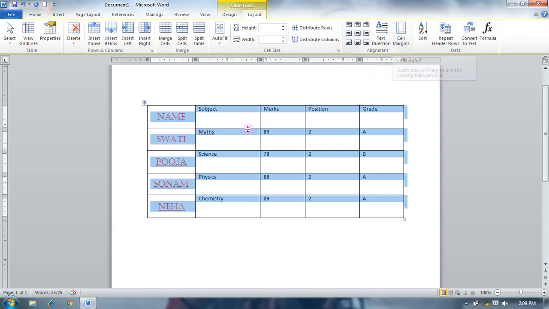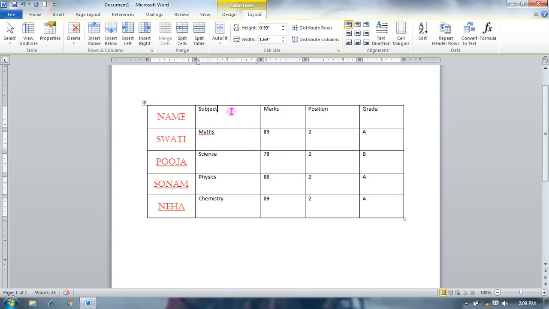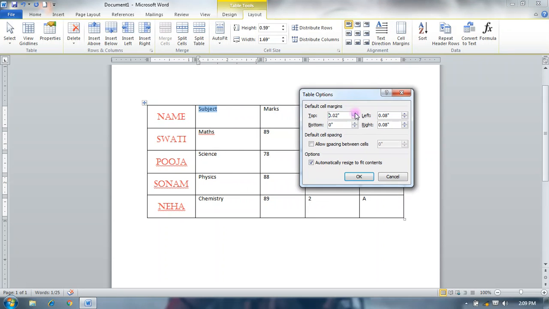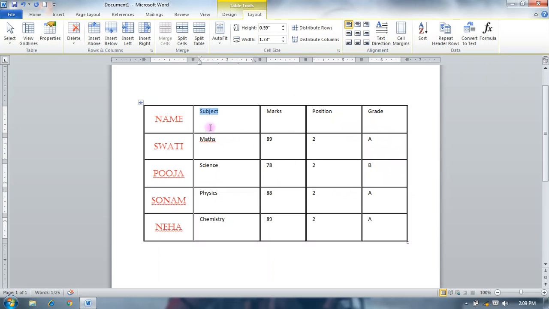Cell margin, you can change cell margin by selecting any cell and changing your cell margin. Okay, this cell margin is applied to your whole table.